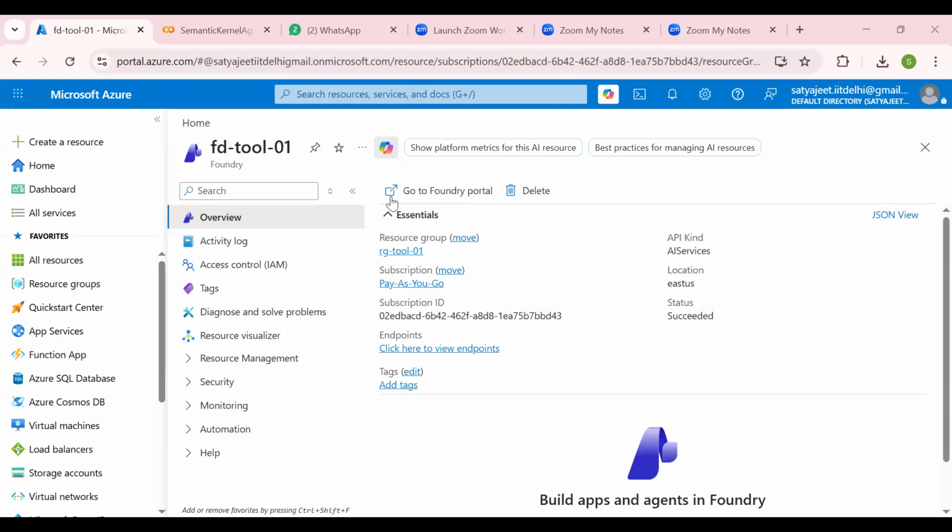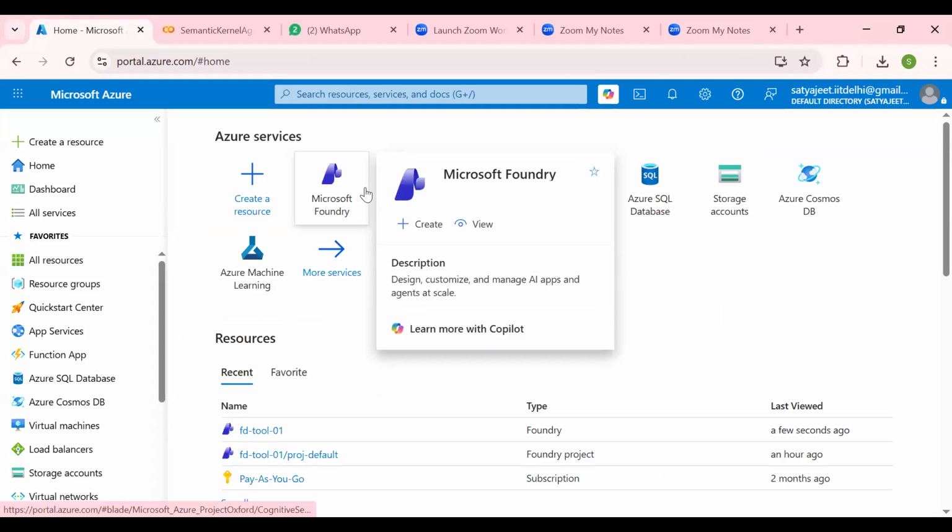Just confirm it, okay? Is my Azure screen visible to you? Yes. So there are a few credentials that I have used in the semantic kernel.